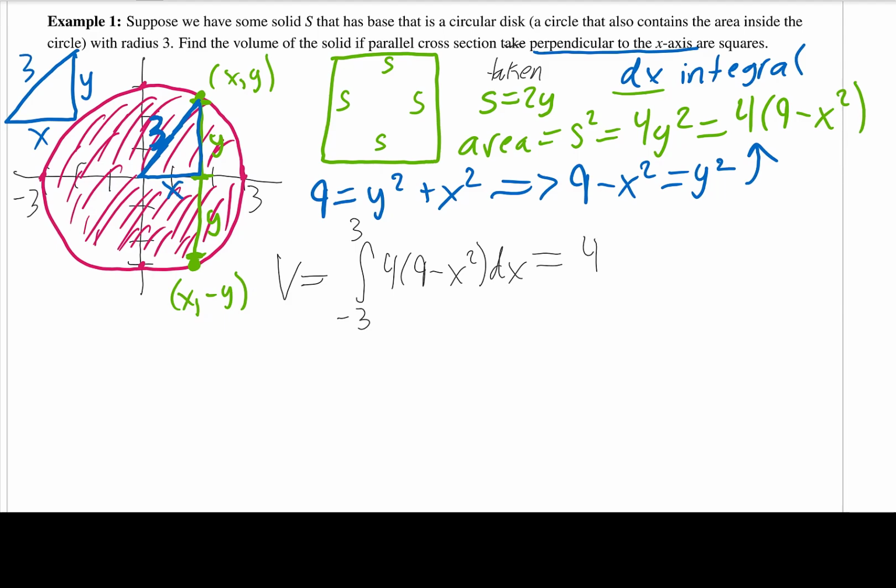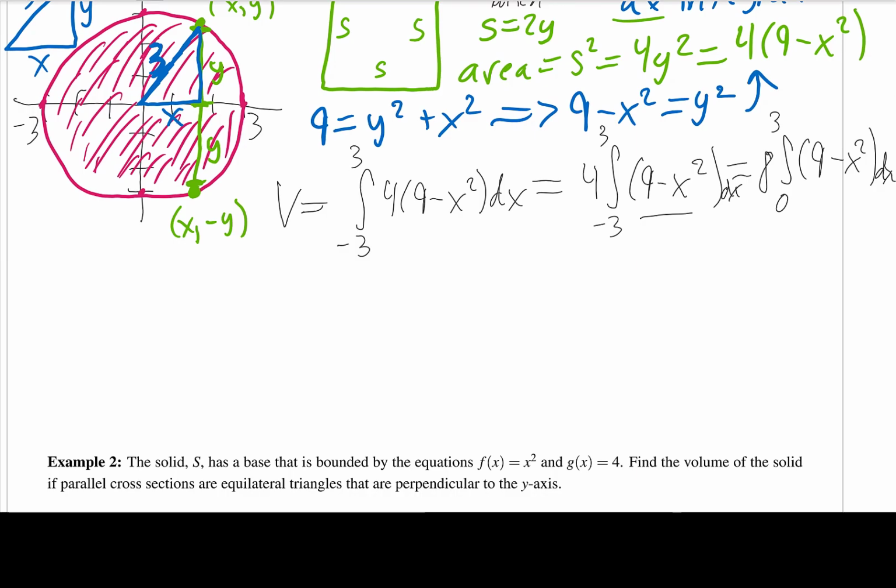I can pull our constant out. So this becomes 4 times the integral from negative 3 to 3 of 9 minus x squared. Now what I'm going to do again is notice that this is an even function. So this is going to be 8 times the integral from 0 to 3 of 9 minus x squared dx. Sorry, I forget that sometimes. Okay, so then this becomes 8